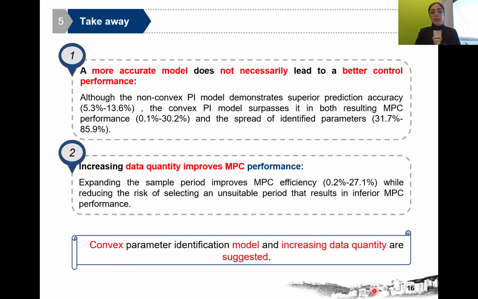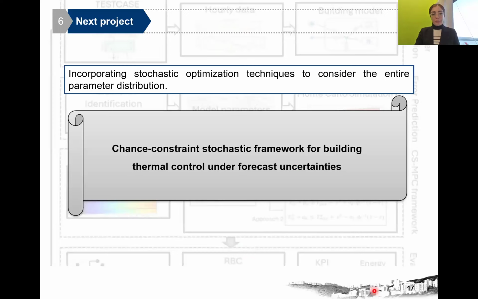So we can suggest that since the final goal of this research is to minimize energy cost and maximize thermal comfort as much as possible, the convex parameter identification model and increasing the data quantity are suggested. And since in this presentation we used the average of the identified parameters for the MPC controller and